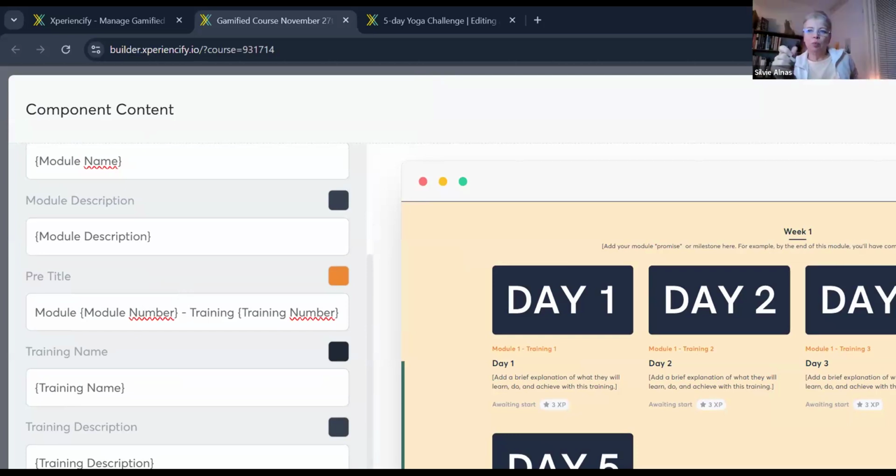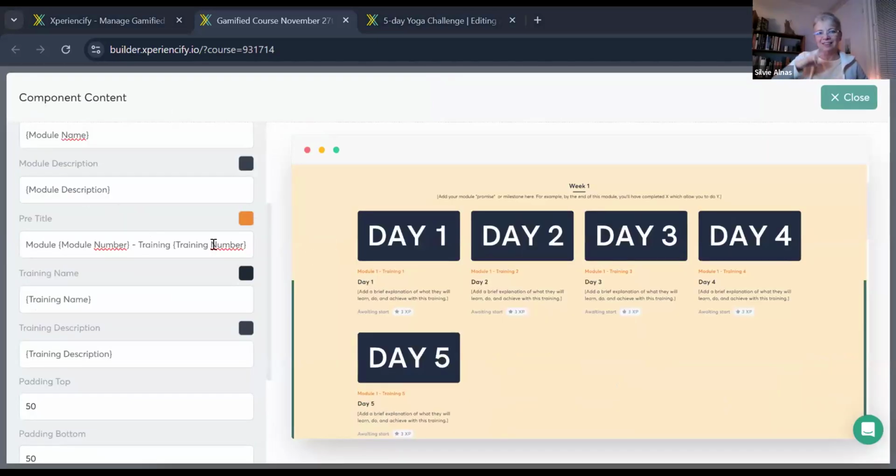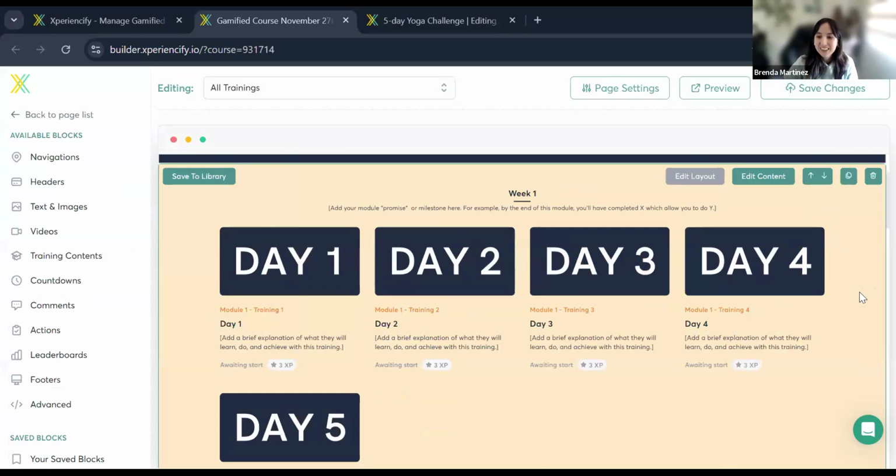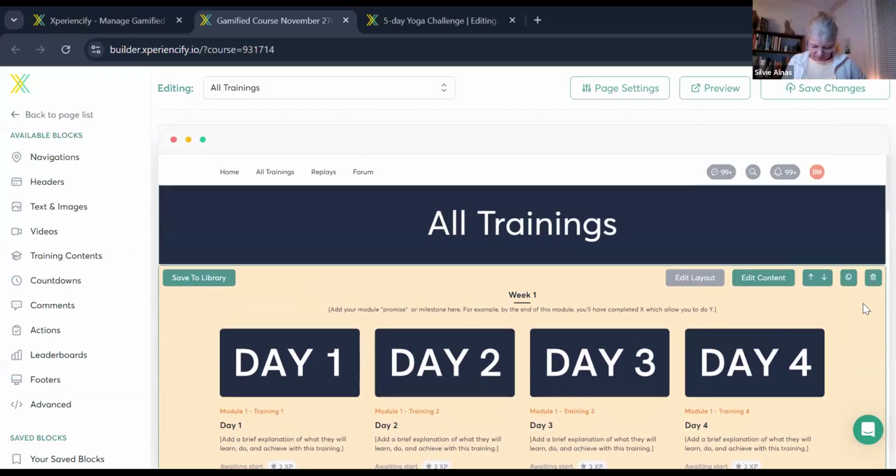Yeah, because I wanted to change week 1 to module 1 and the title, and I couldn't. So I need to write it in, but I can write it in, it's no problem. But it was just surprising to me that some tokens are specific to some entities. The token list is changing based on where I am clicking into it. That's correct. I will be sending a question to support about why that is. Yes, you should definitely.